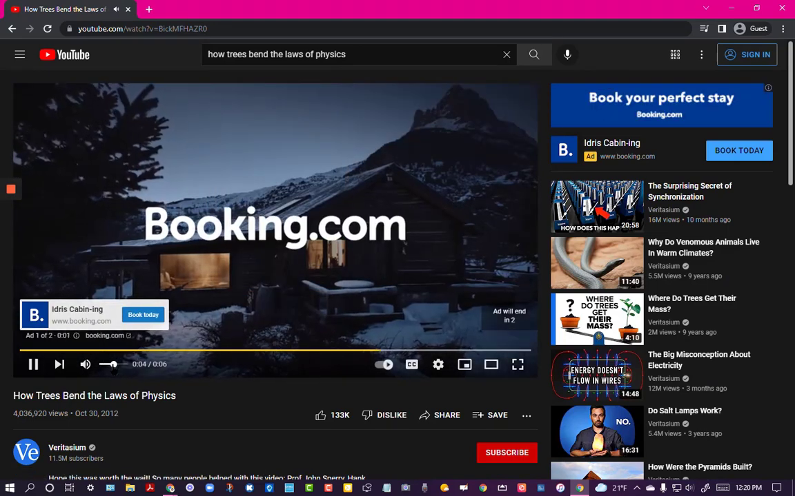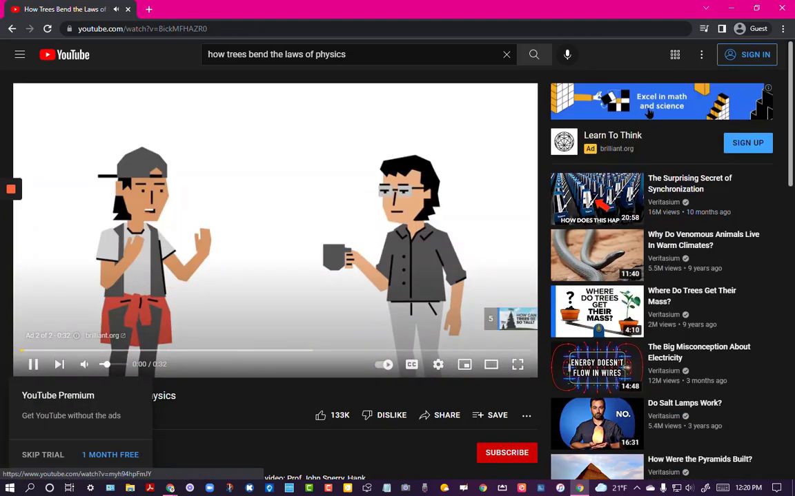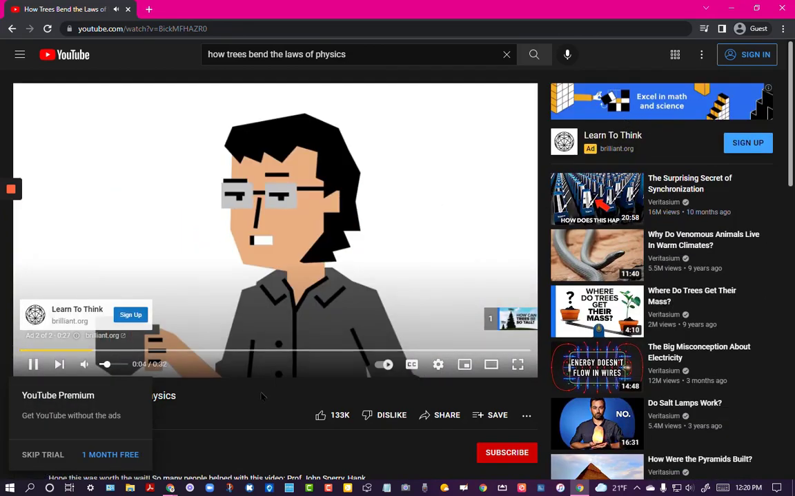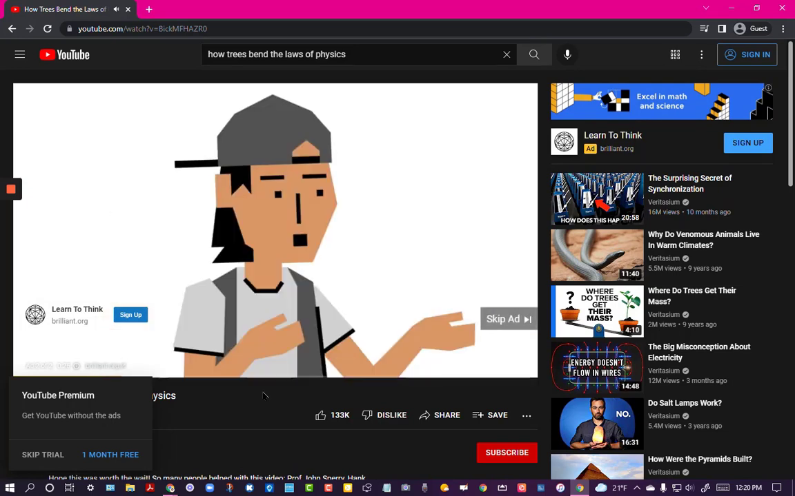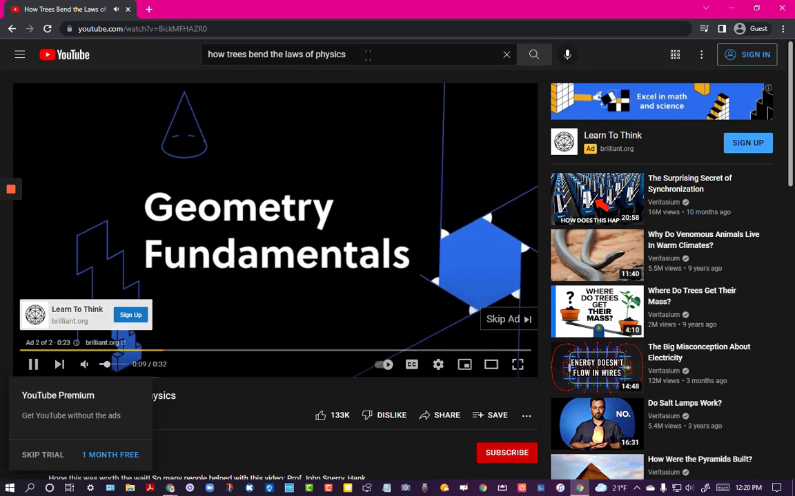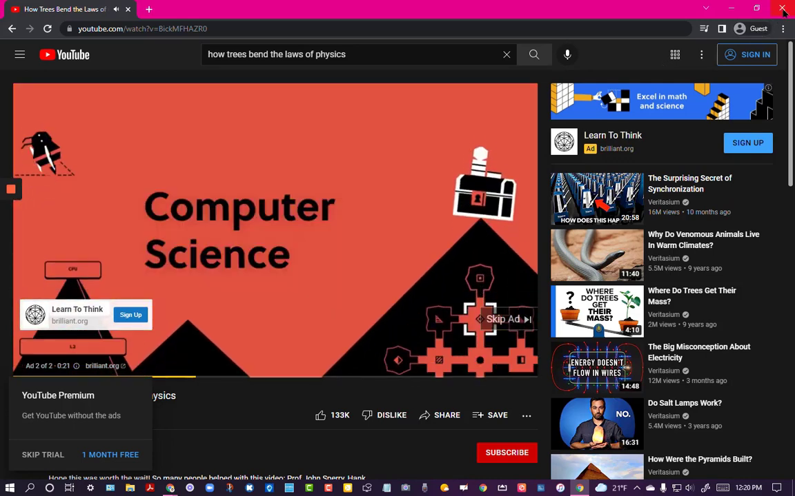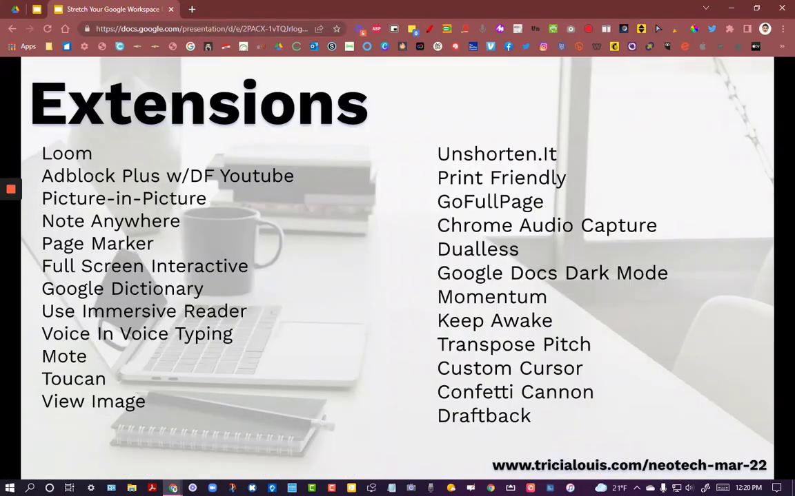Okay, we're going to get an ad, plus we get all this stuff on this side. Not only one ad, but 2 ads that we'd have to go through. Ugh, I hate that. But with the AdBlock Plus extension and the distraction-free YouTube, if I look for the same video using my Chrome where I have the extensions installed,